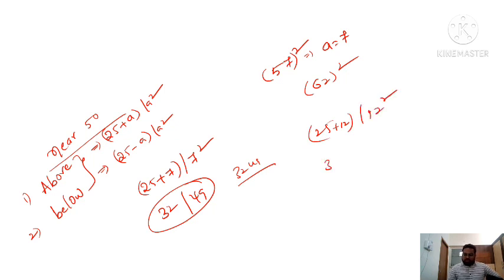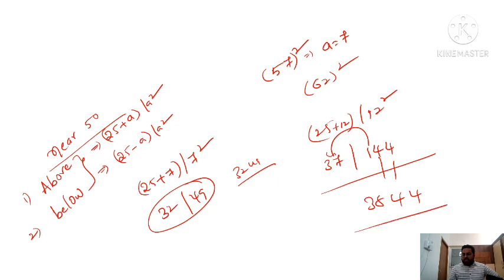25 plus 12 is 37. 12 square is 144, so we take 44 and the 1 is added to 37, giving 38. 3844 is the answer. So this is very easy.